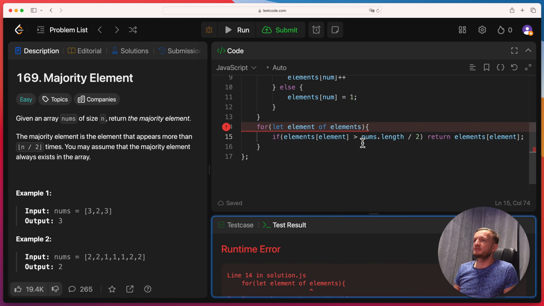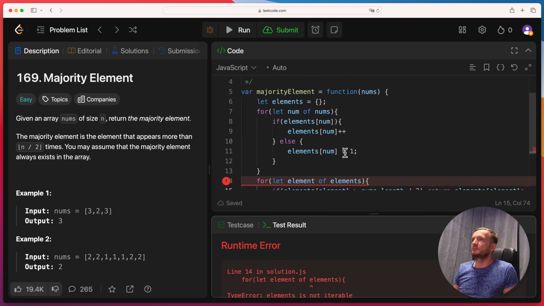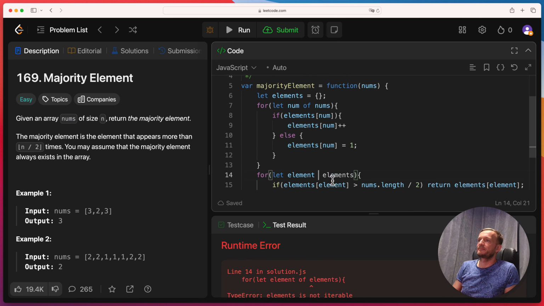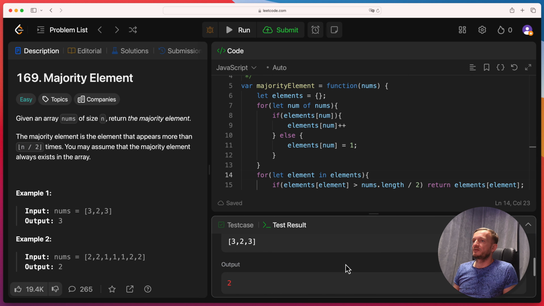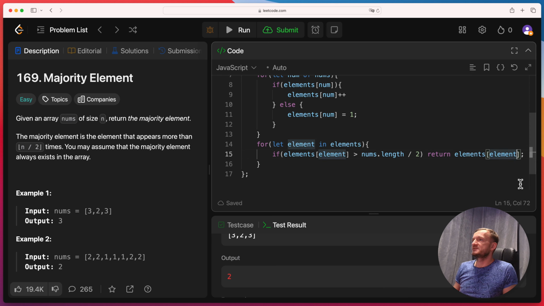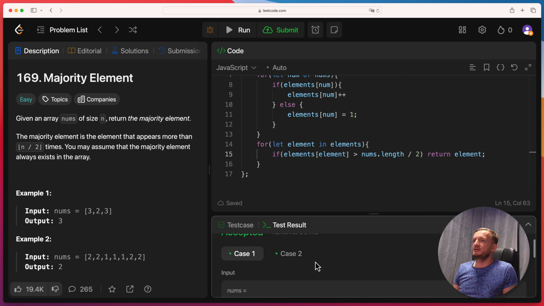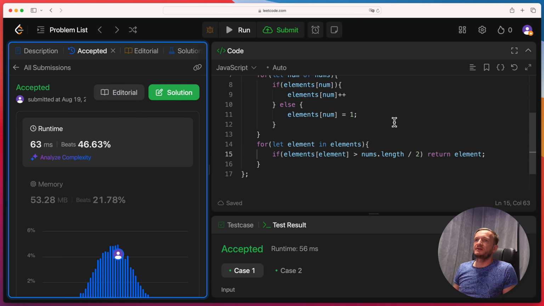So let's run it. Okay, it needs to be an in. Okay, we are getting 2. Okay, and here we made a mistake. We need to return the element itself, so the key, not the amount of the occurrences. So let's run it, and let's run the whole suite, and yeah, with a little bit of debugging,